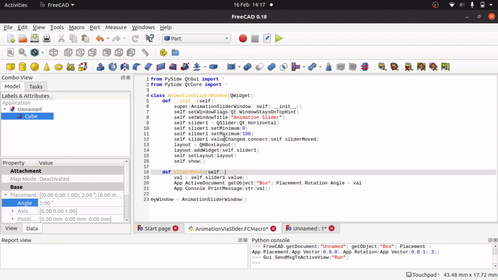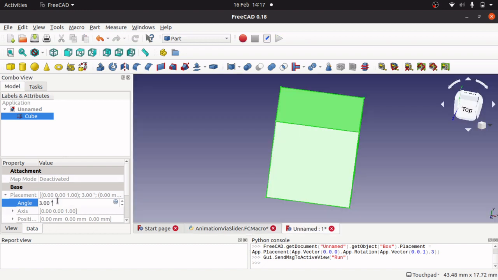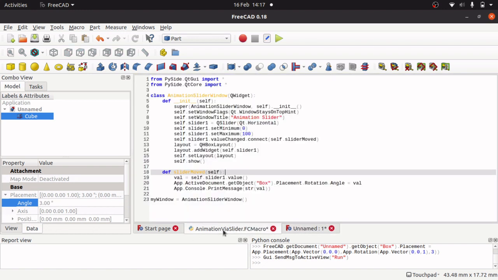Now the reason why it's going absolutely bonkers at the moment is because at the moment our angle here is degrees, but that's calculated from radians. There's 6.283 radians in a circle, so we need to actually set the minimum and the maximum from 0 to 6.283 to do 360. But we've got a small problem here,